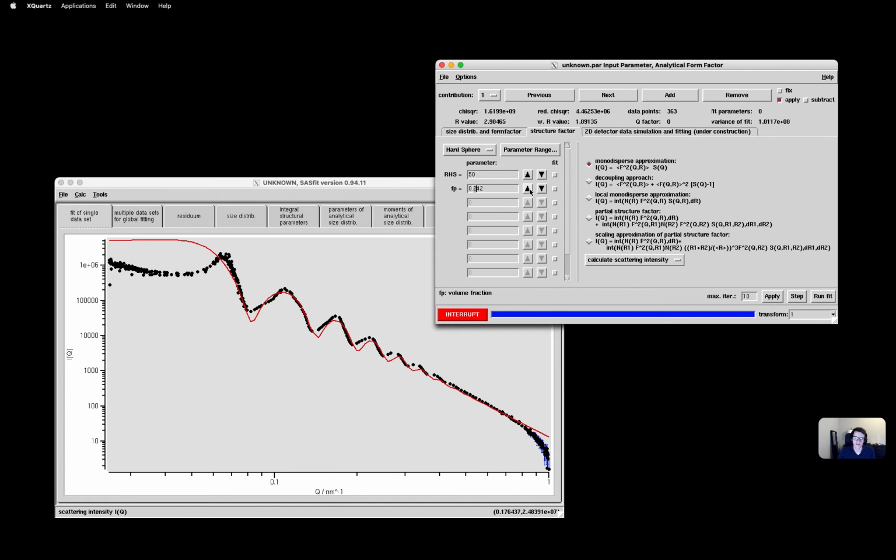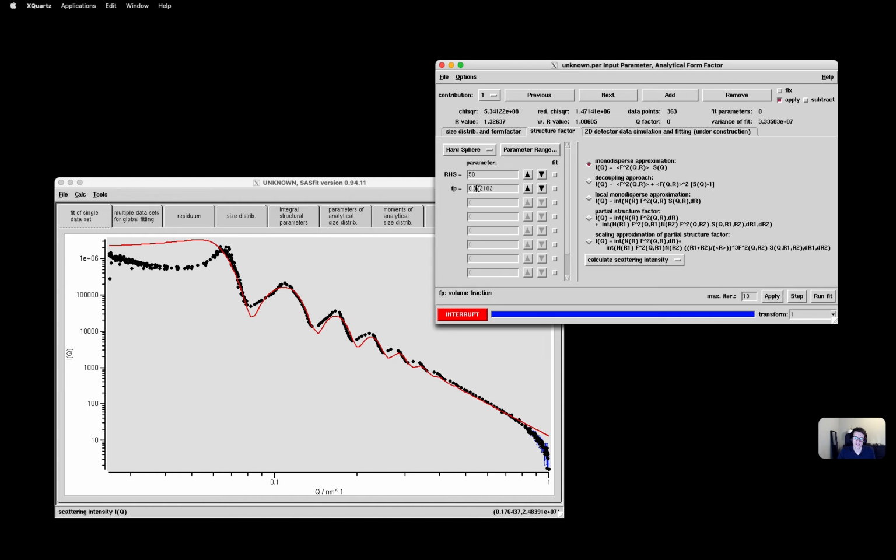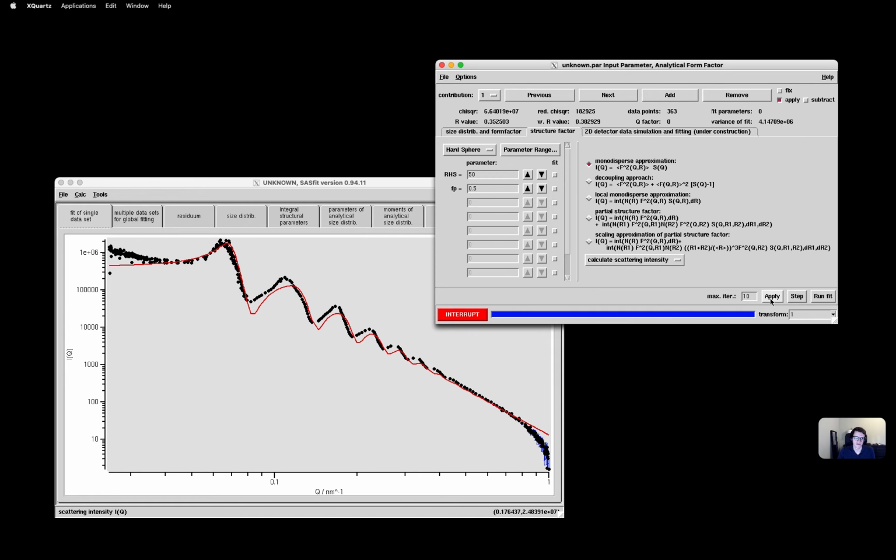So I adjusted the radius first, and now I'm working on the volume fraction. It's pretty high here. So let's try a half, 50%. That matches really nice already.